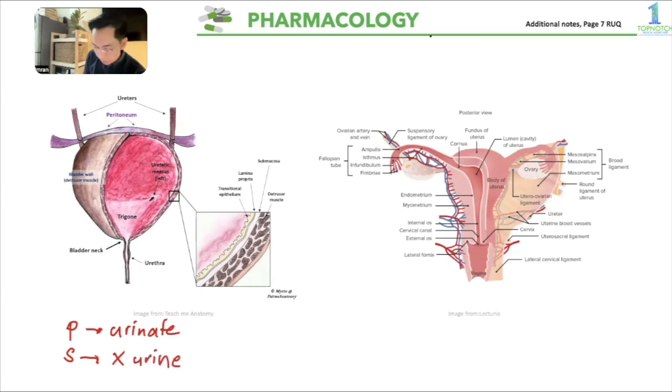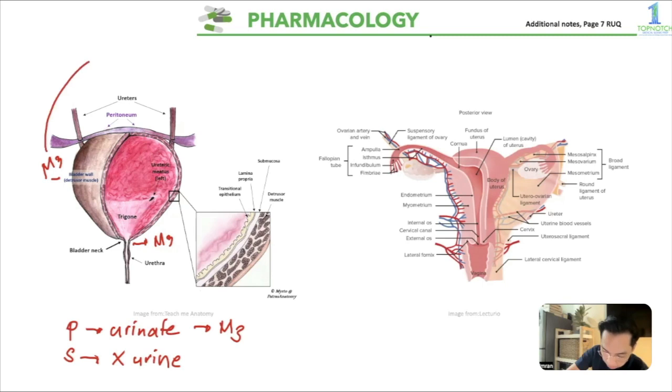So in the parasympathetic, your receptor would be M3. Your M3 can be seen in our detrusor muscle, and it can also be seen in our bladder neck. But its reaction is different in terms of the location. When M3 is stimulated in the bladder wall,